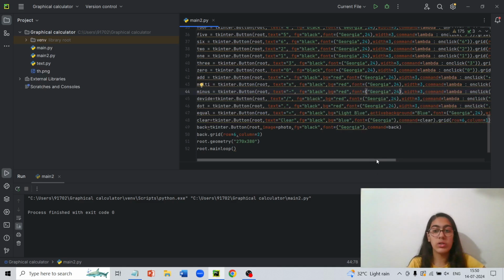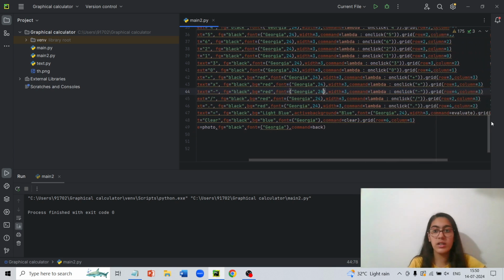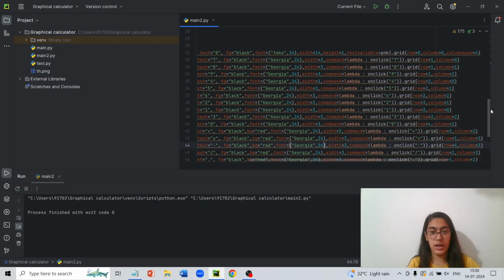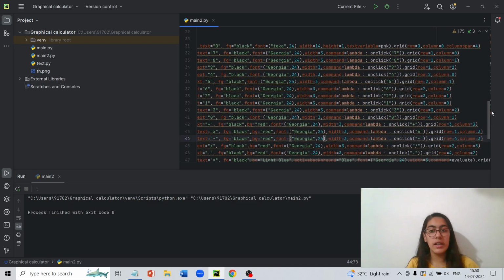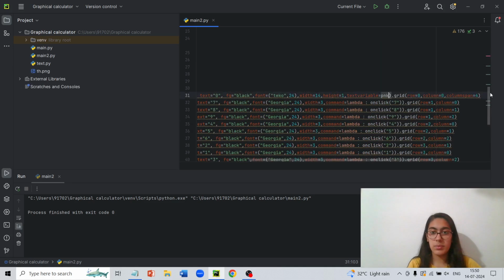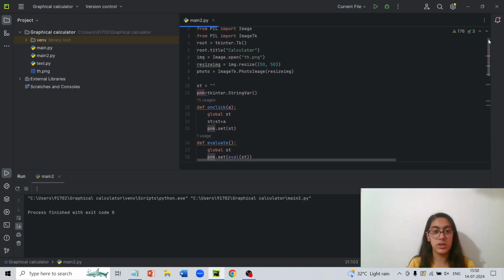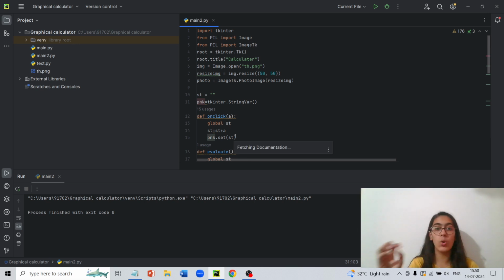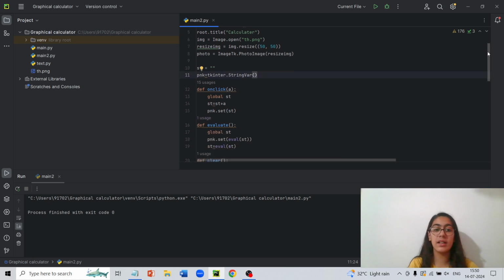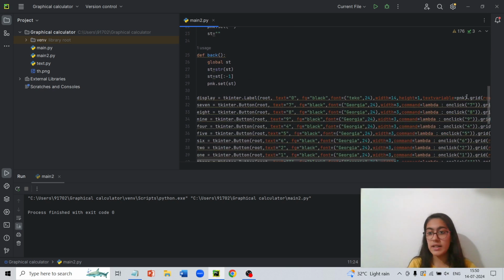Next we have the onClick function. I already told you onClick is always like a command, when click like command. Grid is done. Now what is text variable, you must be wondering. So the text variable is the variable in which we have saved our answer to the whole program. For example, pnk equals to tkinter.StringVar. So the StringVar has helped us create the text variable. See here, we have added textvariable equals to pnk. So the pnk is the StringVar which helps us write the answer in string.